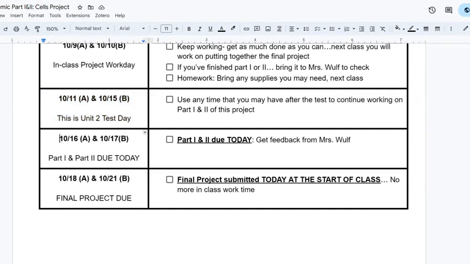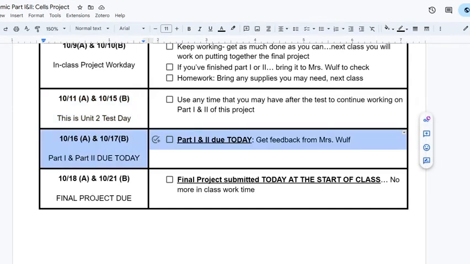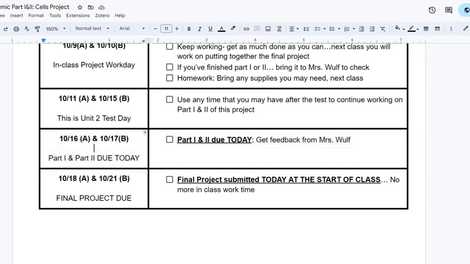Then the following class, you have an entire block, 90 minutes for questions to work through this packet and hopefully finish out this packet in those 90 minutes. And then possibly start working on the final project, which will be submitted the following class day. So this 16th and 17th is really going to be a big one where hopefully we get a lot done. So that's the plan. We're kind of building up to that.